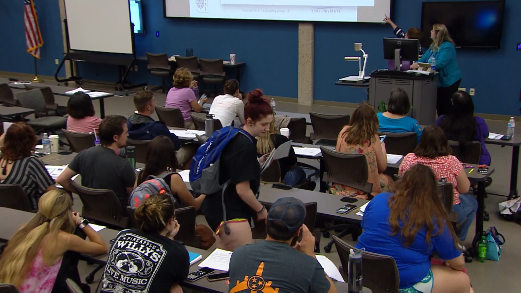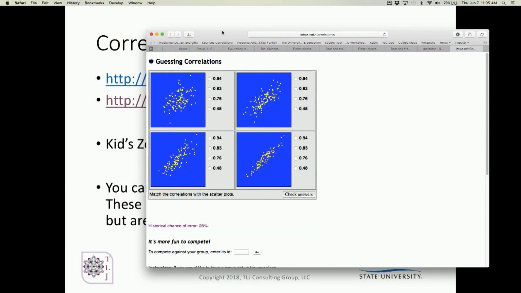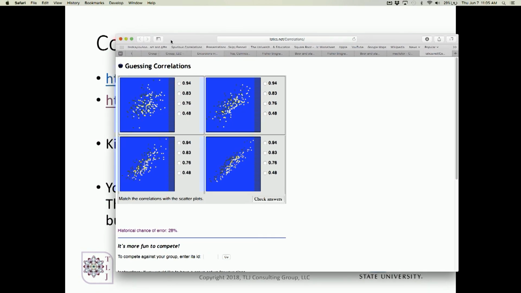There it is. There are four data sets. There are four correlation coefficients. Mix and match. And then it just regenerates data sets, regenerates correlation coefficients. And then the first one is they don't give you any mix and match, they make you guess. And then they go blah when you guess wrong. So to get an idea of what good correlation looks like, go on that website and run through a few of those. Okay? Yeah, that's kind of weird. I don't know. They must have turned off mirroring back there.